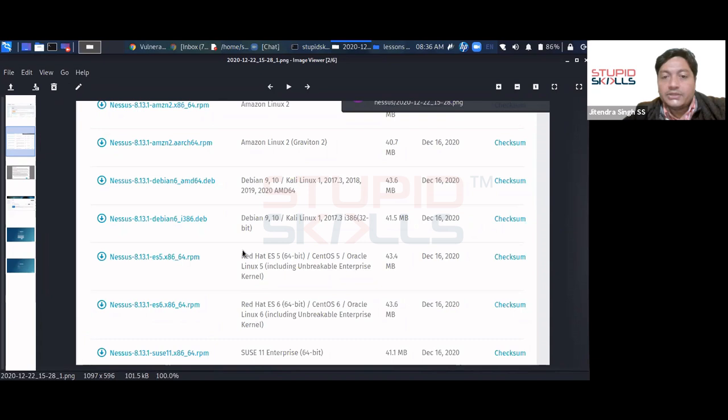The one that I chose, because I am using Kali Linux, is Nessus 8.13.1, and because my local machine is a 64-bit machine, I've downloaded this Debian file, and then using the dpkg utility which is present,